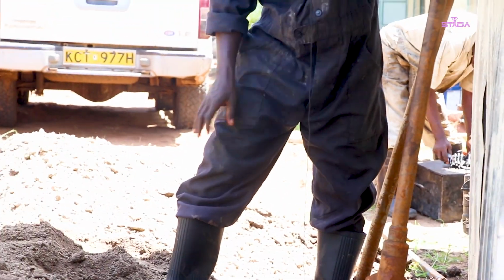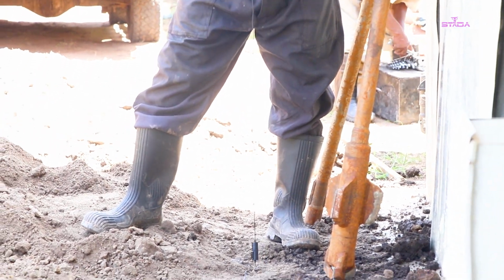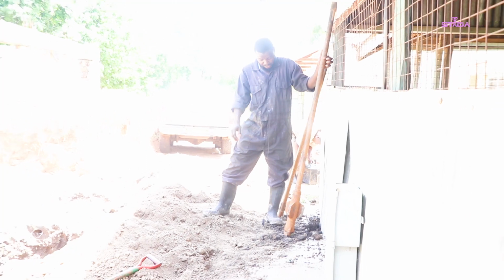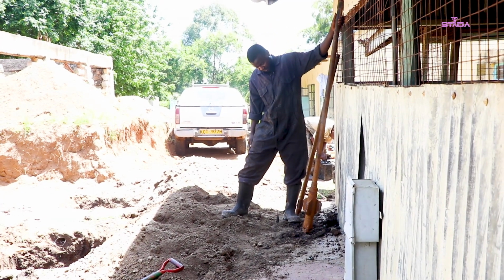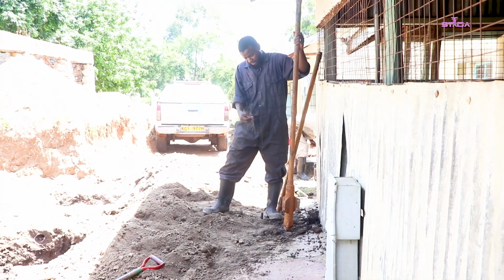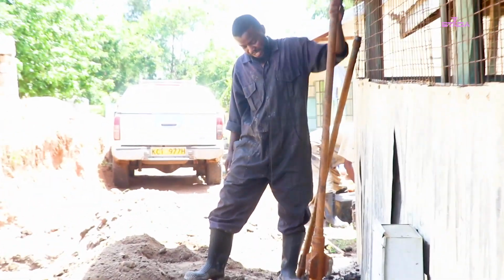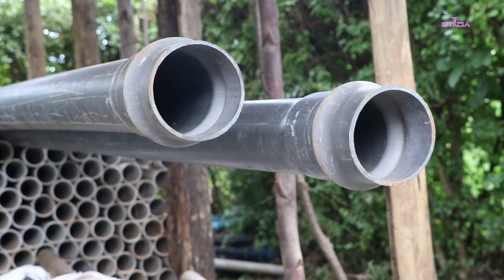So this one is the 6 inches reamer. This one will help us to expand the hole to our desired diameter, and that one will make it easy for the casing and the gravel to go in easily. So we remove all of them, and when that is done, we have casings. These are 4 inches pipes